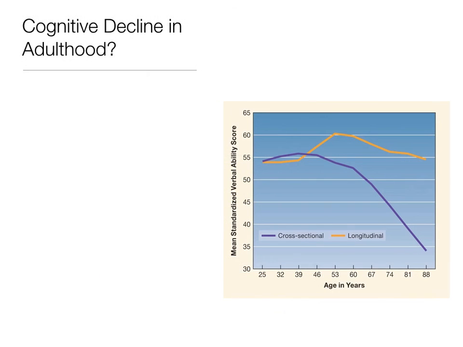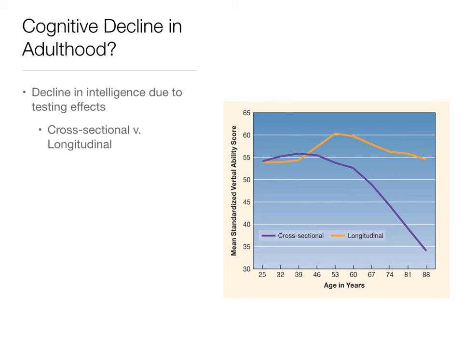One thing that we talk about in terms of aging is cognitive decline, okay? So we say we're never done developing, and in some ways we see declines in adulthood, and in some ways we don't. The question is, is there really cognitive decline in adulthood? When we look at these sorts of things where it looks like there is a large amount of cognitive decline, as this graph shows,